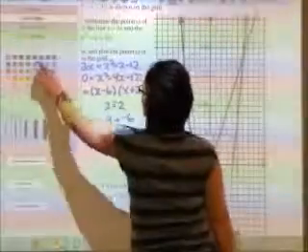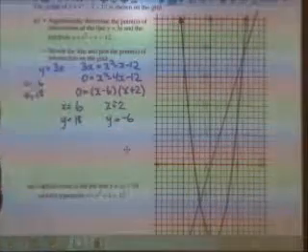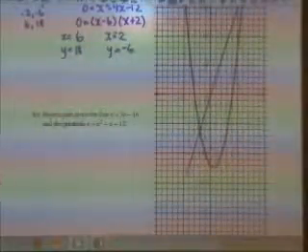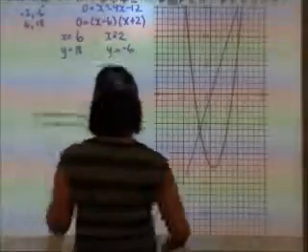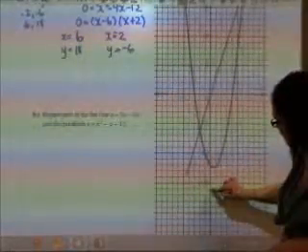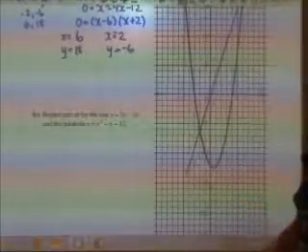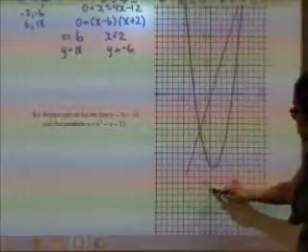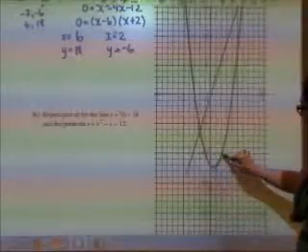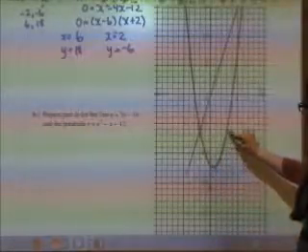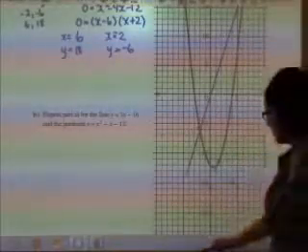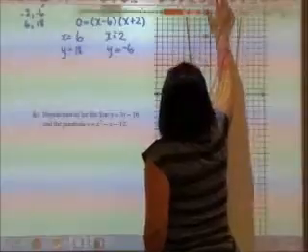Okay, let's look at the next question. I'm going to repeat this procedure for the line 3x minus 16. So in the equation 3x minus 16, 16 is my y-intercept. That's right here. And then I have my slope, up 3 over 1, up 3 over 1, and so on. So if I graph this,